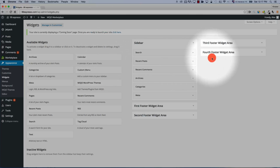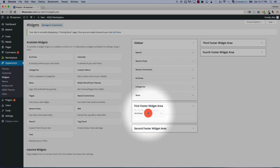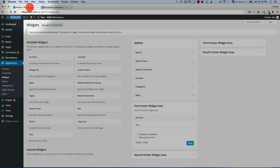To add the widgets to any area, you just expand the area and simply drag the widgets to this area. So now I have this archives section in the first footer widget area. Now if I visit the site and scroll all the way down, now I have the archives down here. And if I move this widget from the first to the fourth widget area,